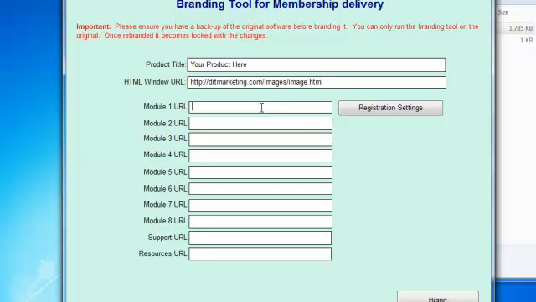Okay, so module 1 URL will be basically just any web page that you have made for the content of module number 1, and that can be video, it can be something downloadable. Basically what it does, it just shows a web page. So whatever you have you can put into this. So what I'll do just for the moment